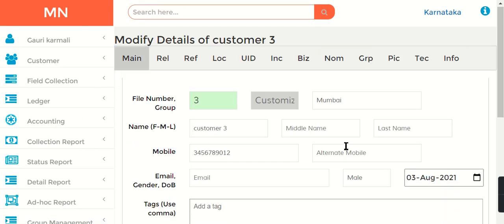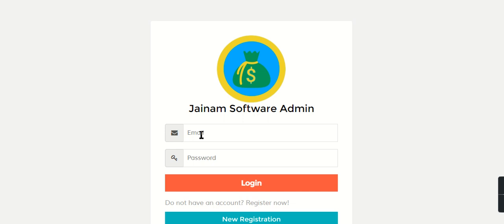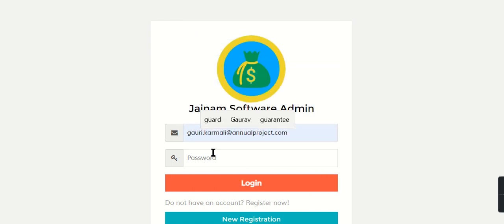Now you must be wondering, what is the password for the login? The username will be the mobile number, and the default password will be 1234. Actually, I don't remember the password, so let me log in again.